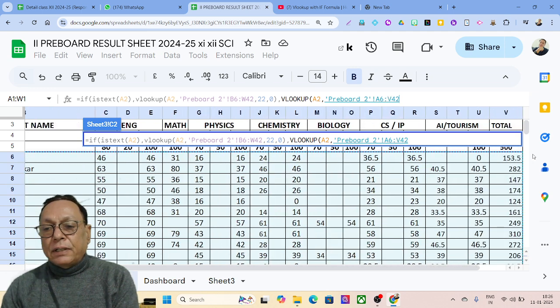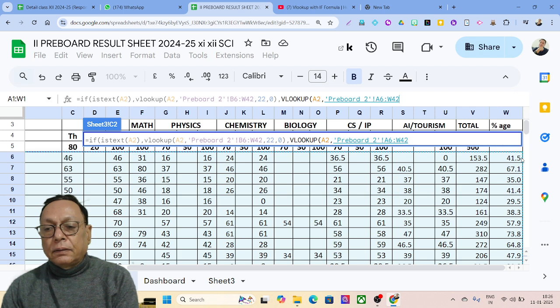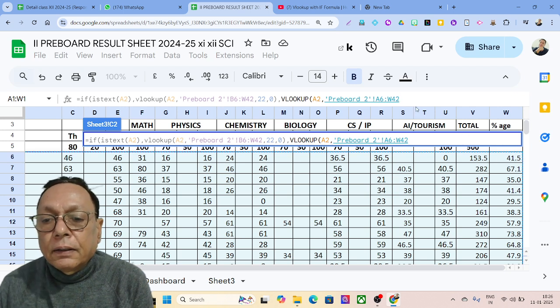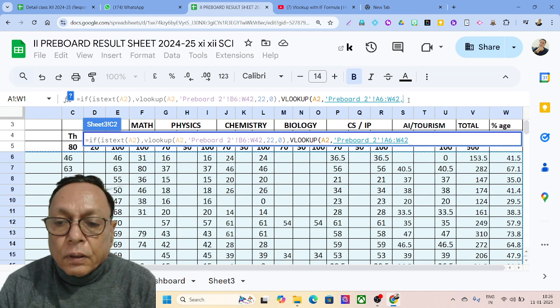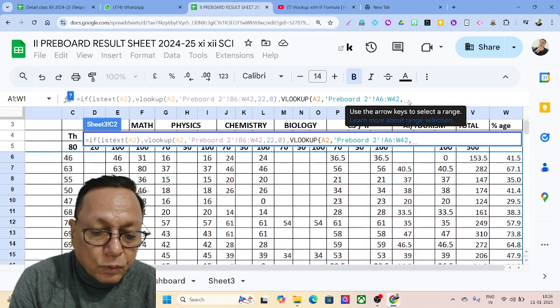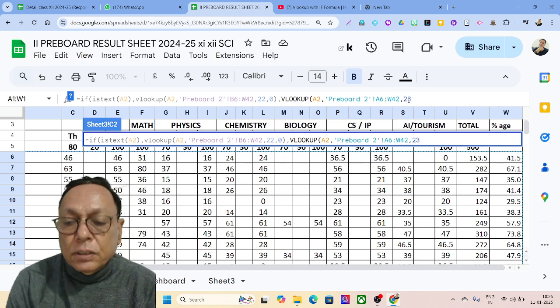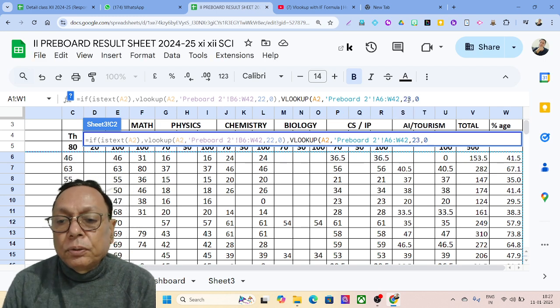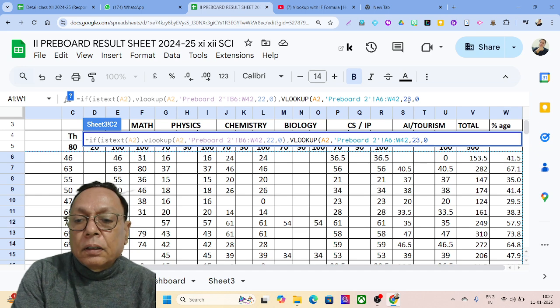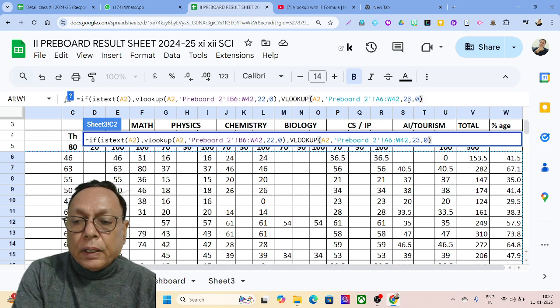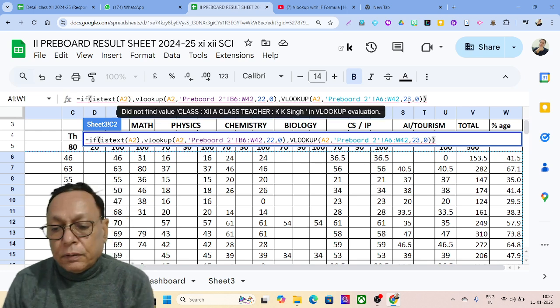So this range I have selected, and the column number, since one column is increased, and say 0, and then close VLOOKUP and close if,